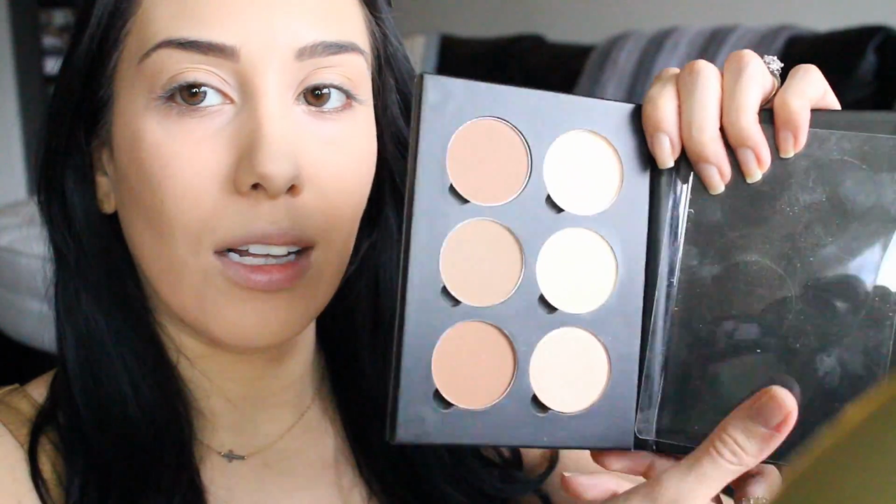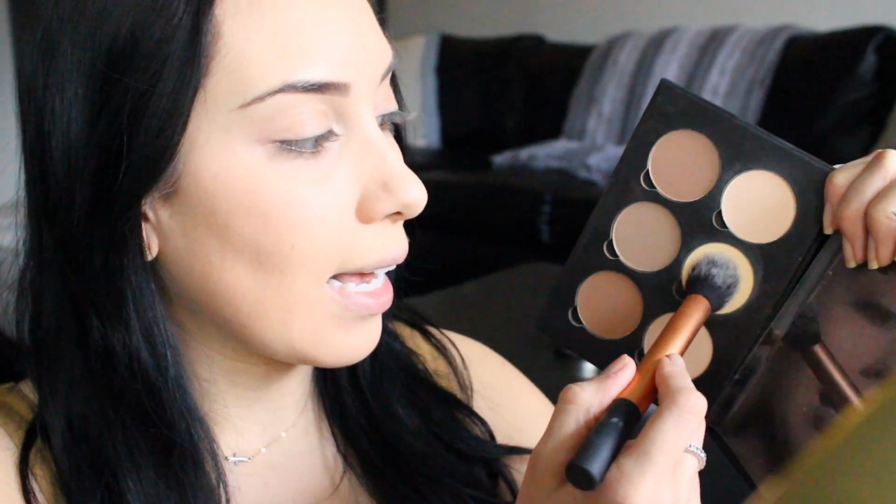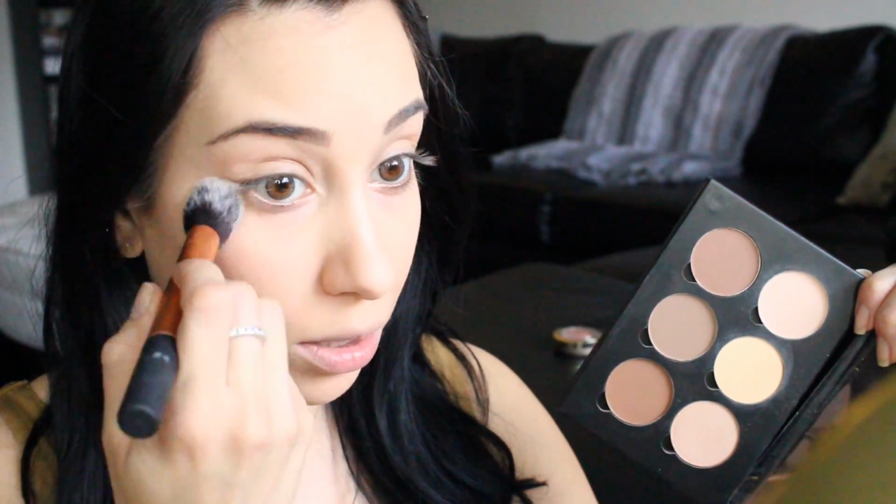And then for my under eye concealer, I like to set that with a different powder. I like to use the Anastasia Contour Kit and go in with this yellow shade right here. It's called Banana. And I'm just going to take a setting brush by Real Techniques and put this right underneath